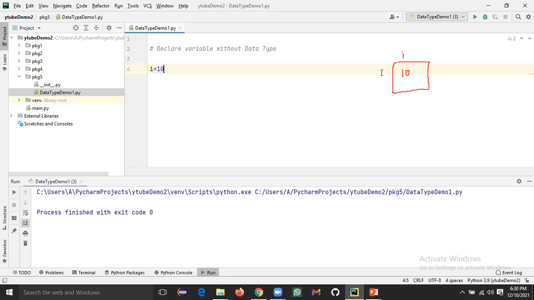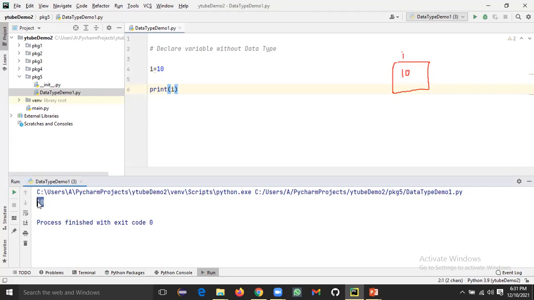If we want to access this value, we cannot access it directly. We have to access it through its name. So if we want a value, we have to give the name. When you give the name, and when this line gets executed, it will access the value from this memory location, which is titled i. So we can see here value 10 is printed.